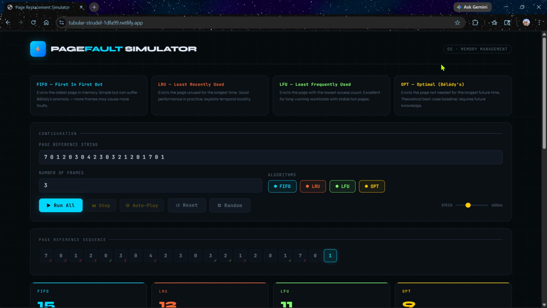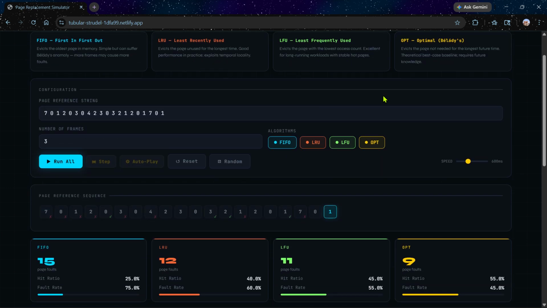On the right side, we see a static card representing the designated task we are presenting, below which the hero section showcases the four algorithms and gives a brief on each one of them.